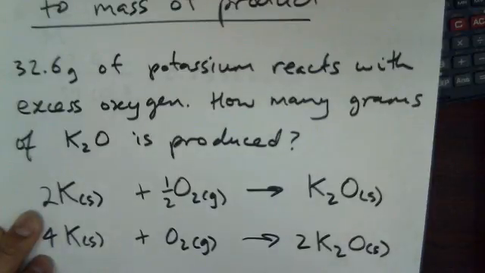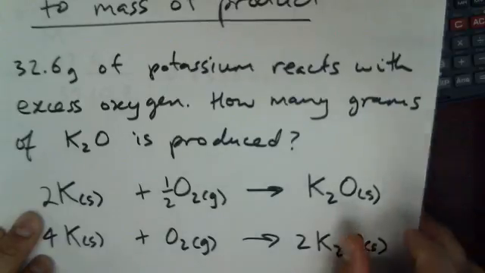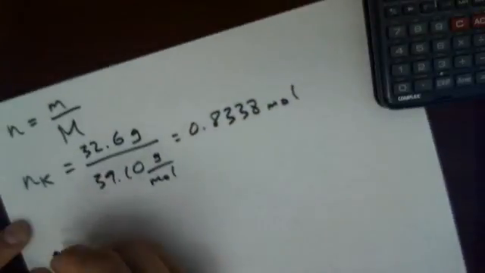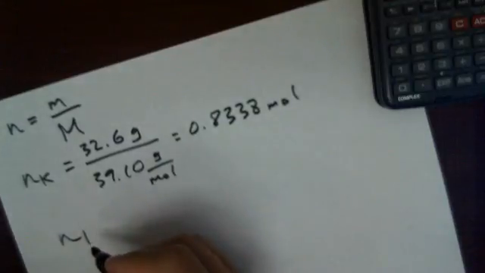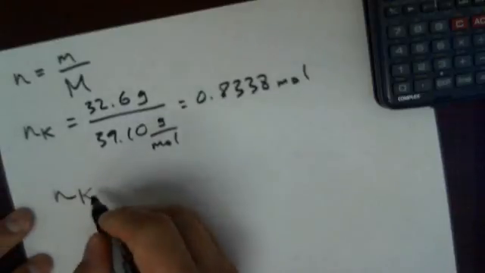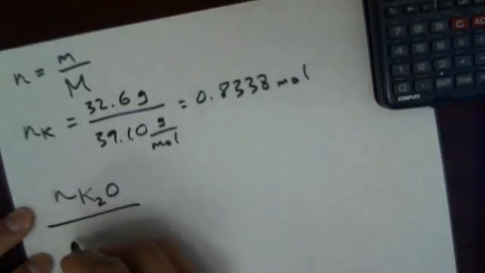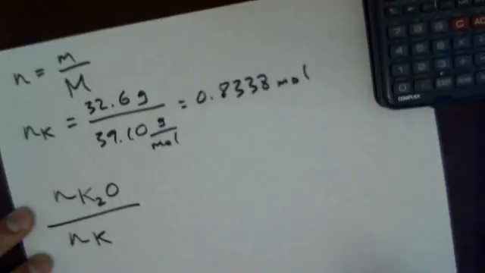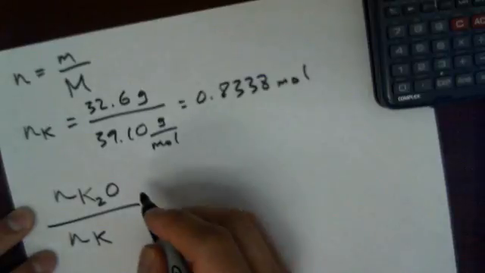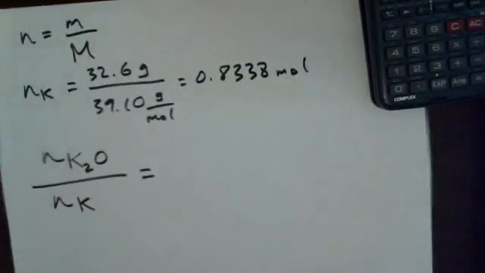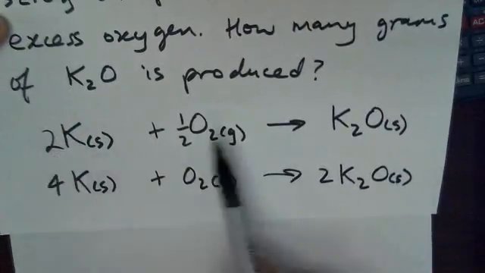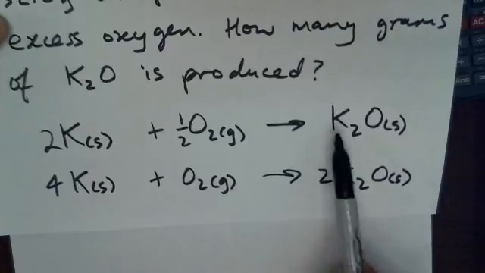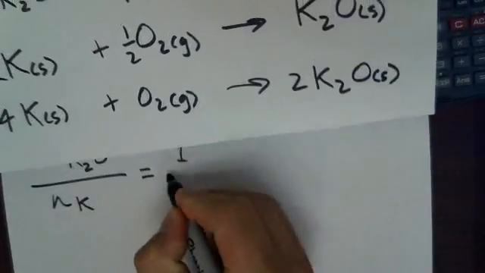What I have to do is consider the molar ratio of these species. The best way to do this is the number of moles of, I like to put what I'm interested in finding up the top. So number of moles of potassium oxide divided by the number of moles of potassium, because I actually know this, equals. Then I go back to the equation and look at the stoichiometric coefficients. Here, this would just be a 1. There's a 1 in front of it, so it would equal 1 divided by